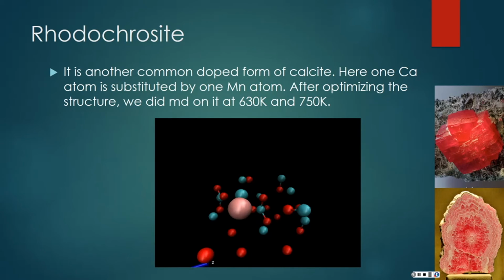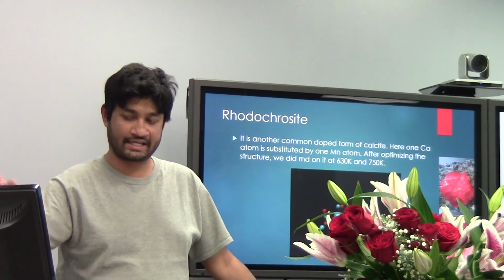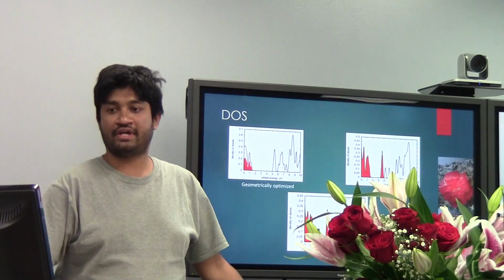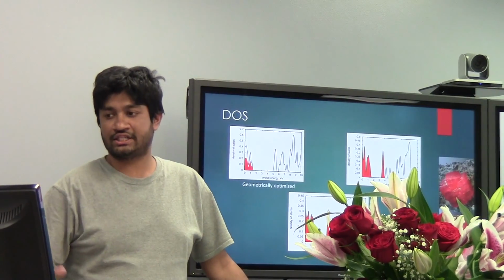And that's another form of the doped calcite. It is rhodochrosite, and we did the simulation at 630 Kelvin and 750 Kelvin. And if we look at the density of states or